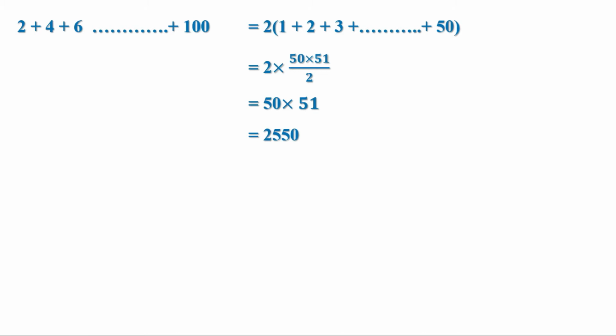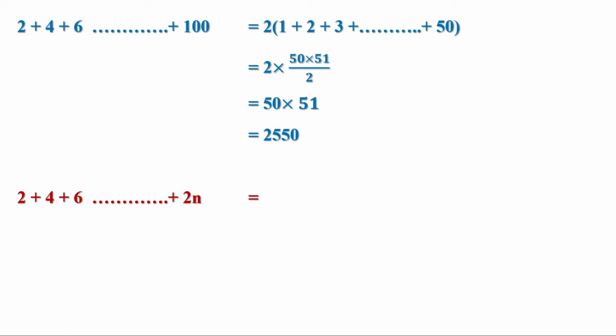Let us take first n even numbers, or sum of first n even numbers. Which is the nth even number? First even number is 2 or 2 into 1. Second even number is 4 or 2 into 2. Third even number is 6 or 2 into 3. So which is the nth even number? 2 into n or 2n. So we can write 2 plus 4 plus 6 plus up to 2n.